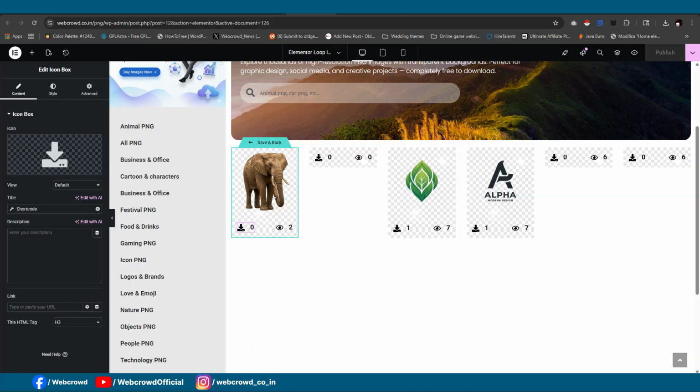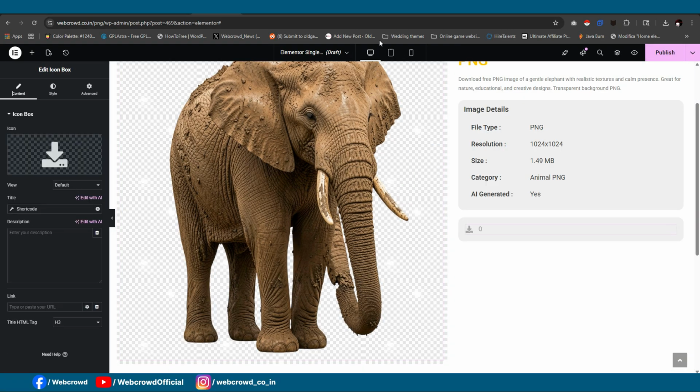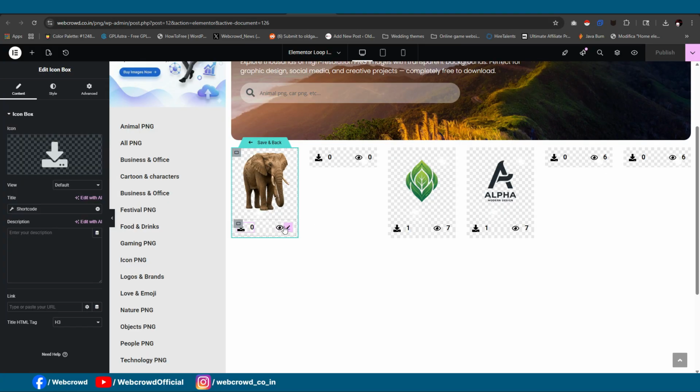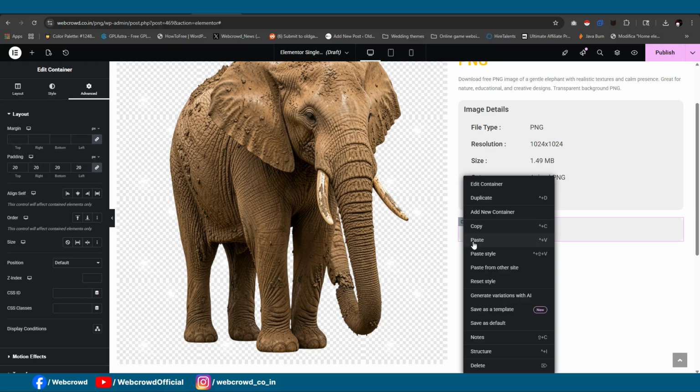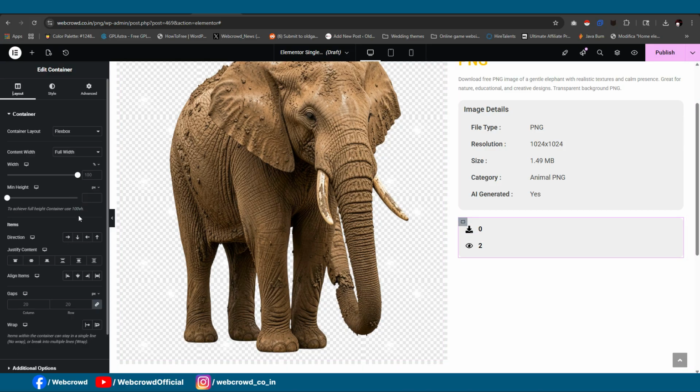Just copy and paste here. Right, so they are in one column, 2 rows. Okay, but we have to keep this in 2 columns. So here make sure this direction is set to row horizontal. Okay, that's it. All right,